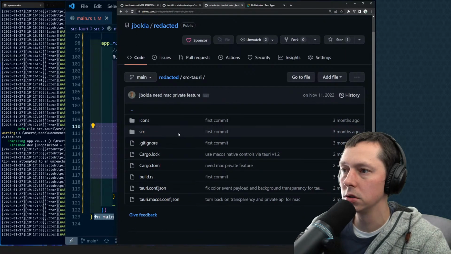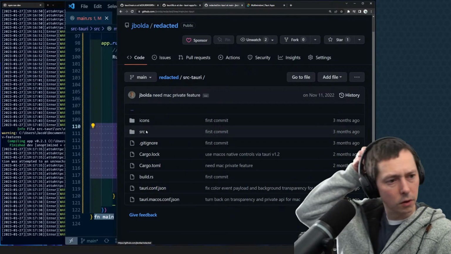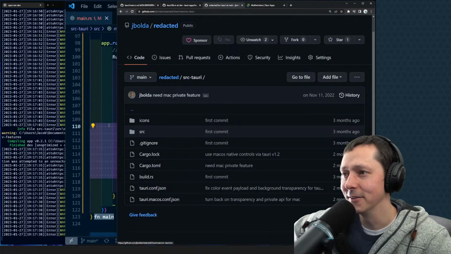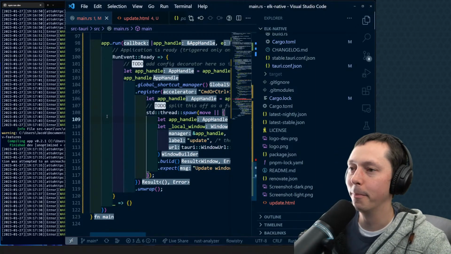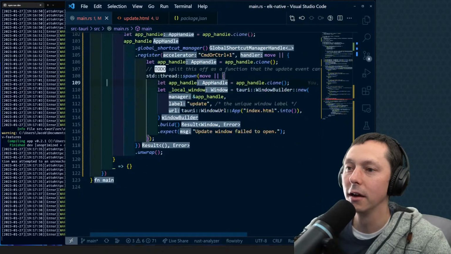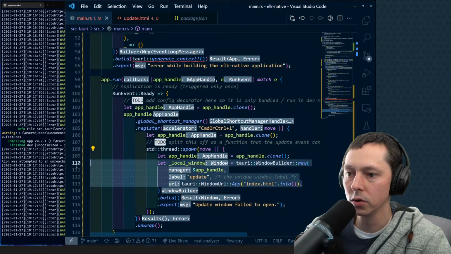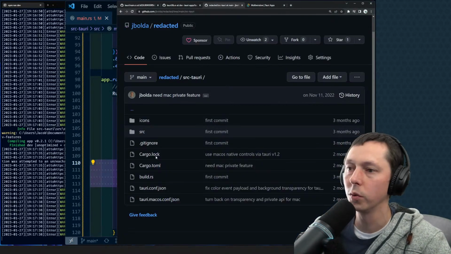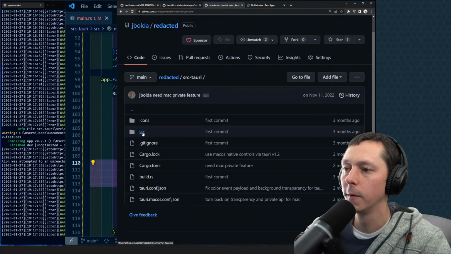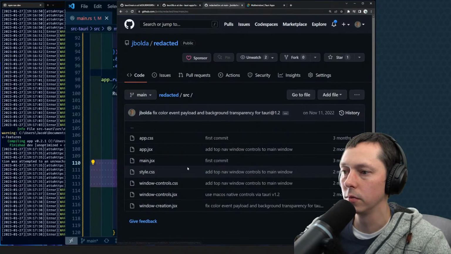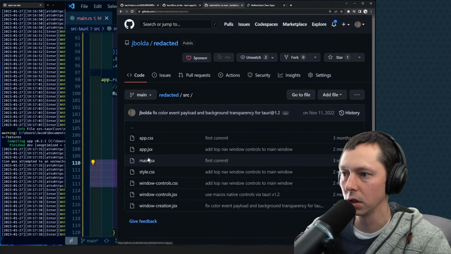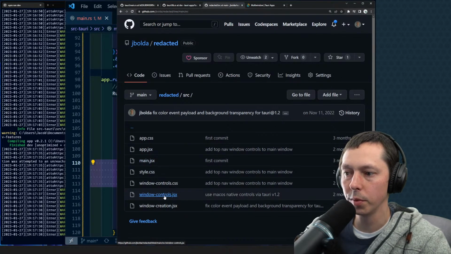Tauri is where we want to go. Multi-window. What was I doing? Oh my, I distracted myself here. App handle. We are opening up a window and it is opening up an index. So we need to say, I think we're actually doing it from the web view, which might end up making this slightly more painful. We're opening up the window